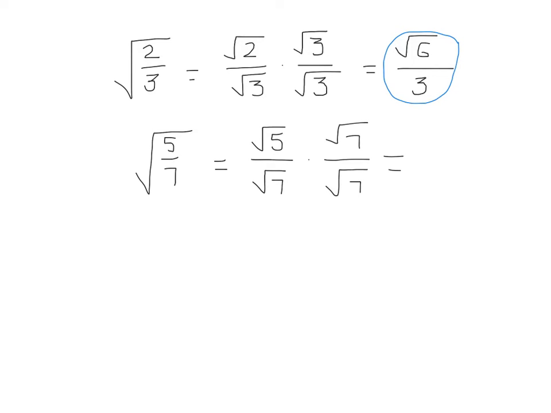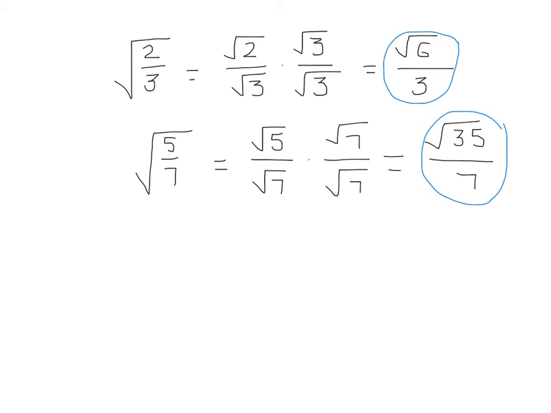On top, we'll get square root 35, like we did in example 2 above. On bottom, we'll have square root of 49, which, of course, has a principal root of 7. The square root of 35 cannot be simplified any further,